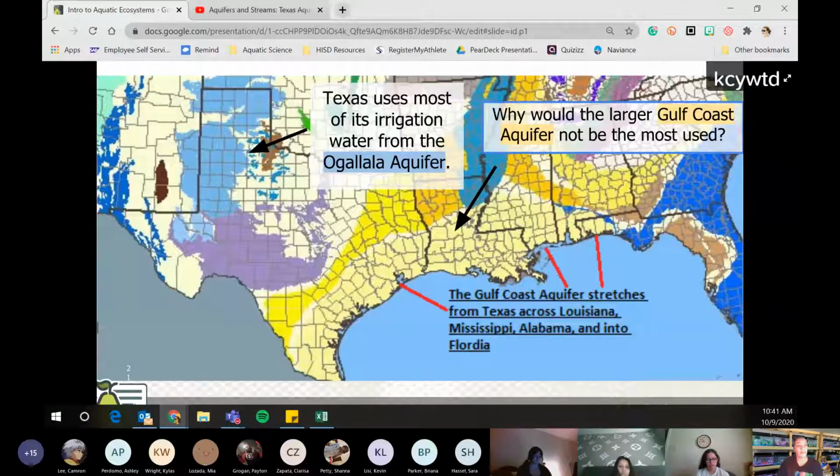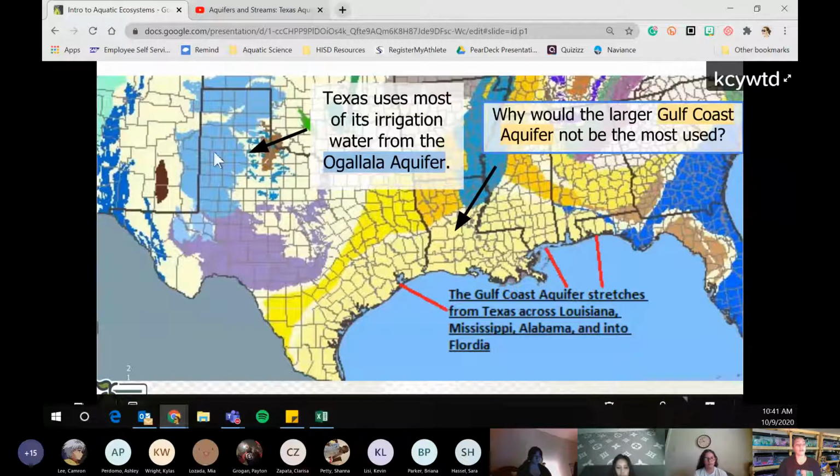The other reason is because we don't rely much on groundwater out here, so we don't really pump from it because we don't need to. And a third one, which is mostly not thought of, is elevation. The Ogallala Aquifer is at a higher elevation than the Gulf Coast Aquifer, so it's a lot easier to pump water out somewhere at high elevation and allow it to naturally flow down the elevation landscape to irrigate crops versus trying to pump that water upwards against gravity. All right, some good answers there.